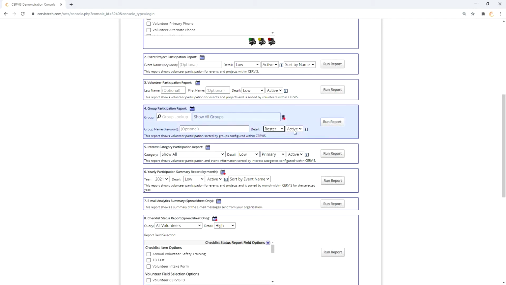There is also a roster view here, and this is just designed to give you the contact information for the members of that group. So if you needed to export that type of data, this is a way you can do that. There's other ways you can export that data as well, using a spreadsheet function in the volunteer management menu. Or if you want to just email, for example, all of the members of a group, the best